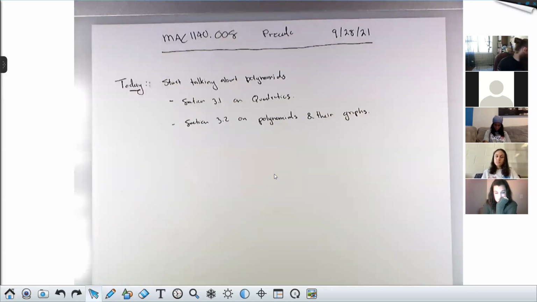So 3.1 is a quick pass at all the stuff you should remember about quadratics from your previous algebra classes, just to make sure we fill in any gaps that are missing and to also give us an opportunity to look at these objects that we know pretty well from our past lives and see them in this slightly more sophisticated way, from this perspective of what we know now. So without further ado, I'm going to jump in. You will have a homework opening up today. It's going to be on 3.1 and 3.2. And I'll just include problems that are relevant for the material that we get through today. So let's see where we end up.